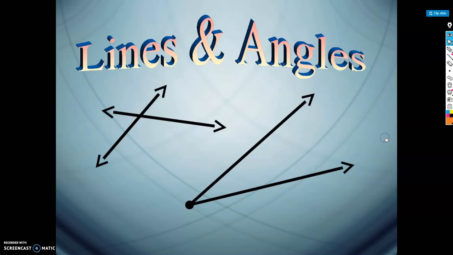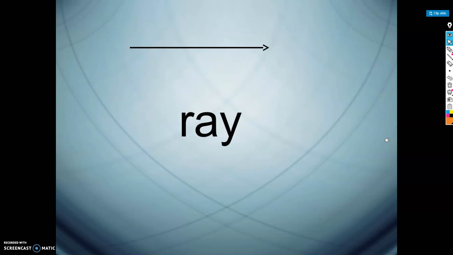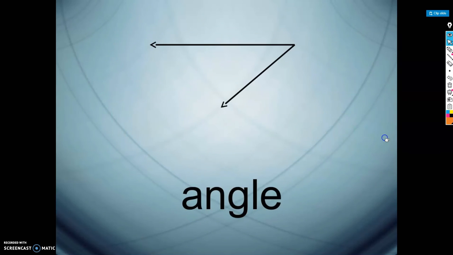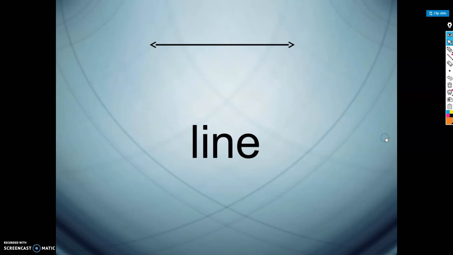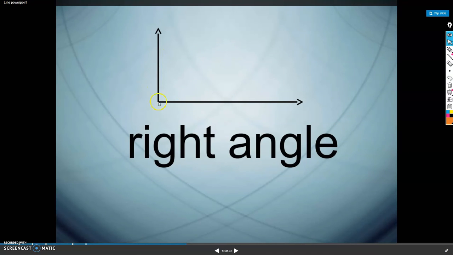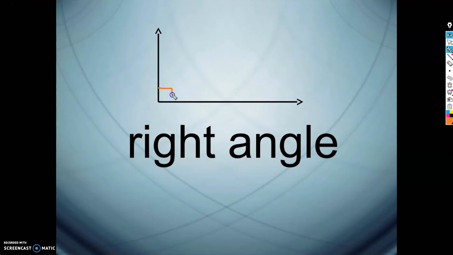All right, next, some angles. So we talked about a ray, a point, line segments, angles, lines. Now, a right angle is an angle that has a straight up and down line and a straight line horizontally to make the 90-degree angle. So you could technically have that box in there like that. It should have that to show you that it's a 90-degree angle. So that's a right angle.